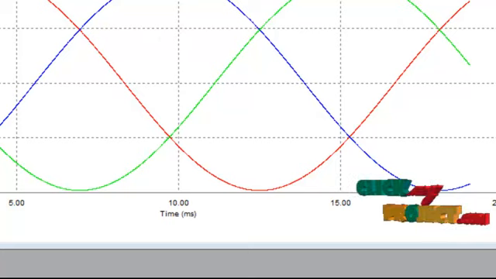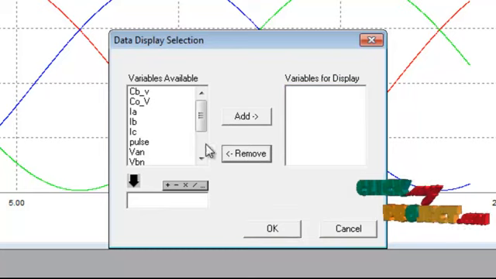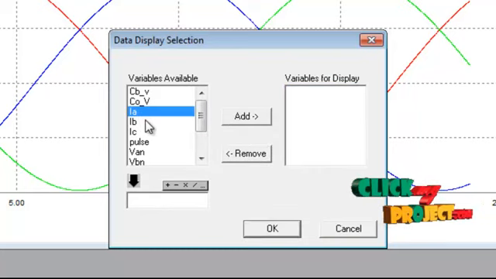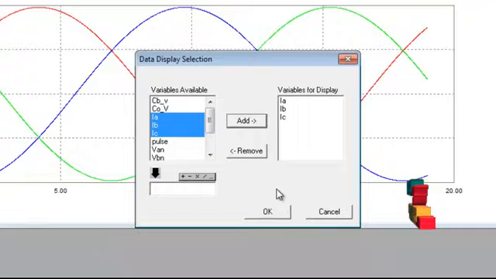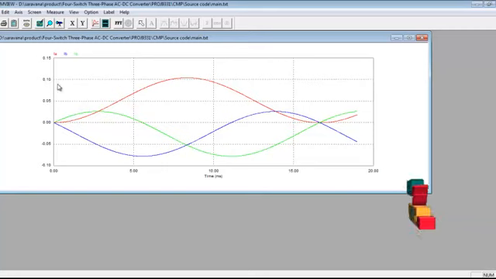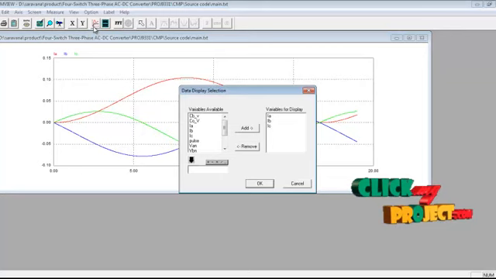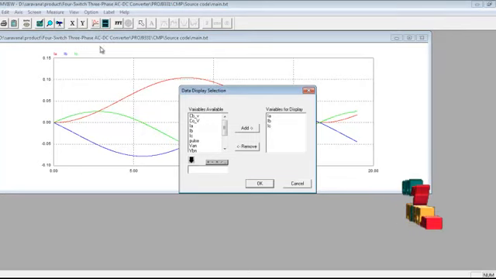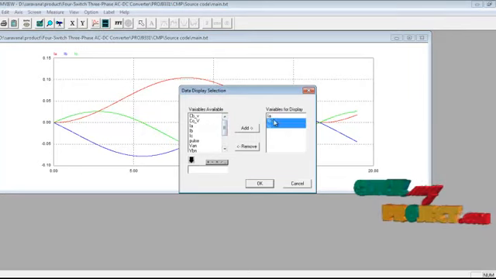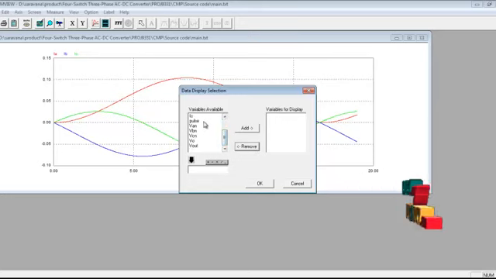Another thing, we can use the delete curve button and remove these previous curves, and we can import our current also. Click current and OK. These are our current results for three phase. This is a galvanic current, which is a very small current. We can measure it and click another. We can add and remove the curve button. Click that and remove these three curves, and we can see our switching pulses.